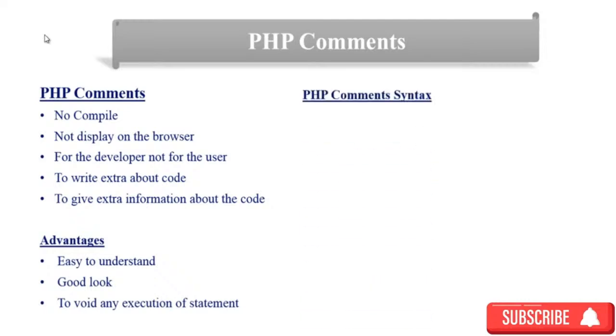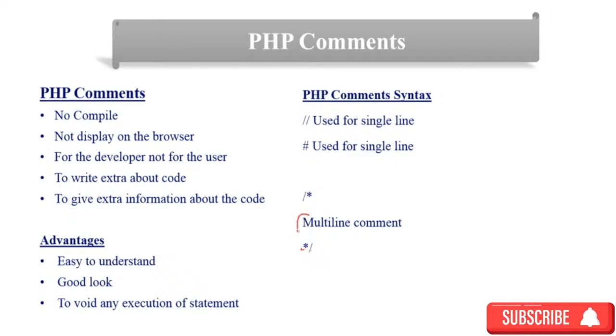So the PHP comments syntax: first of all, double slash is used for a single line comment, and also a hash symbol is used for a single line comment. And if you want to put a multi-line comment, we use this syntax, a slash and asterisk, and an asterisk and slash. Between them you can put a multi-line comment, but this is used for a single line comment. So I open Visual Studio Code and provide an example of how